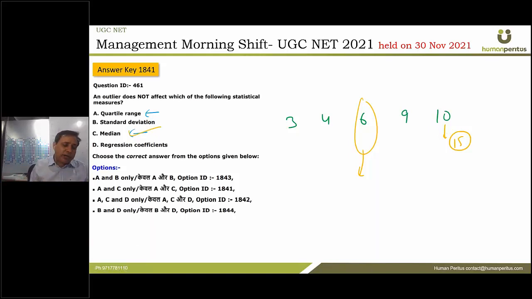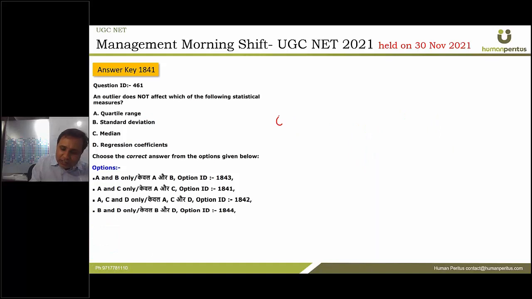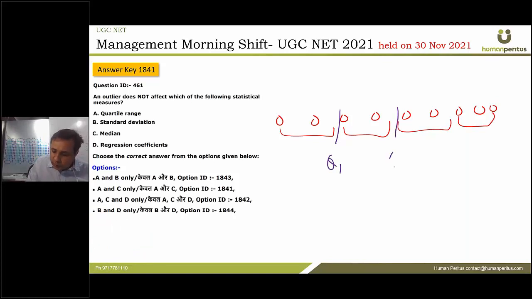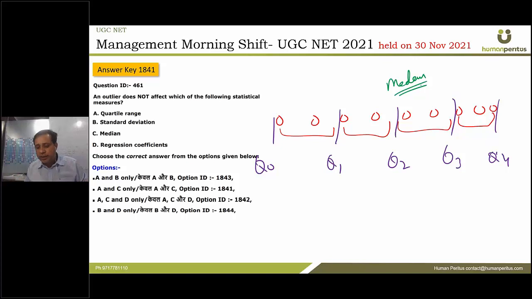So what is quartile range? So guys, what we do in case of quartile range? So we arrange all our data points in 4 parts, 1, 2, 3, and 4. So this point is known as Q1, this point is known as Q2, this point is known as Q3, and finally it is nothing but Q4. This is Q0. So what is quartile range? By the way, Q2 is nothing but median only, the middle one, right? So quartile range is the difference between Q1 and Q3. Again, if we change something in the outlier, this will not change. Therefore, quartile range is another correct answer.